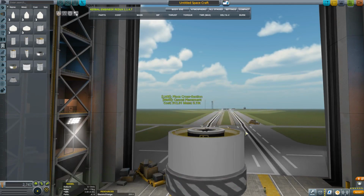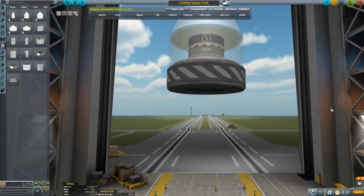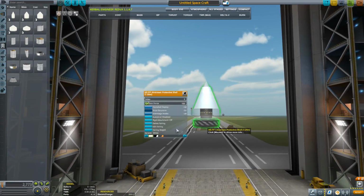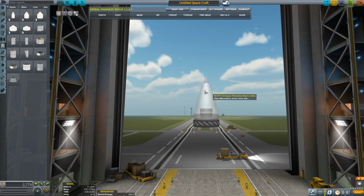And what does it look like? Something like that, I suppose. You can never get that to line up properly there on the very top, but oh well. Actually, no. It has to be a lot longer than that. So let's edit the fairing and let's make it just like that, and then so-ish. Now, for the rest of the thing, we'll be using probably...